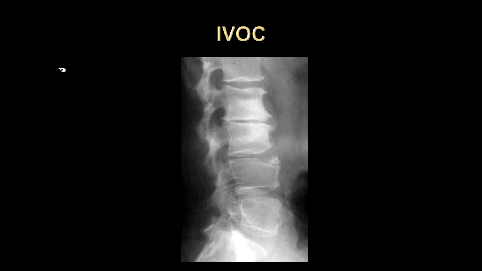The hallmark radiographic findings in this case are those of an arthritis. If you'll notice closely, at the L2, L3 level, there is severe loss of disc space height, a great deal of sclerosis along the end plates of both the inferior portion of L2 and the superior portion of L3. There are small osteophytes projecting from the anterior inferior corner of L2 and the anterior superior corner of L3,